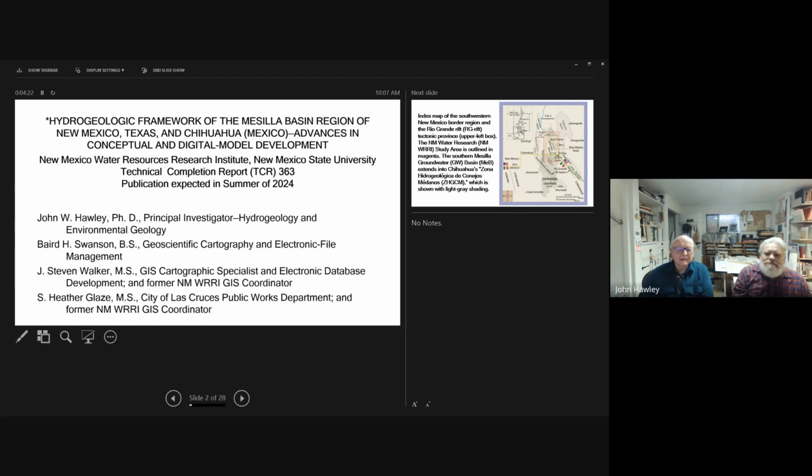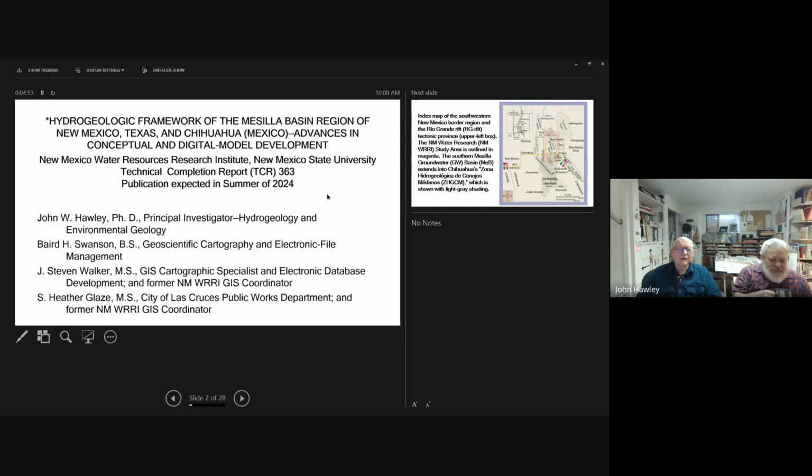And our other co-author, this is on the original report that I'm going to be referencing, is called a hydrogeologic framework of the Mesilla Basin region of New Mexico, Texas, and Chihuahua. And I've been working on this. Being a geologist, it's very slow work.